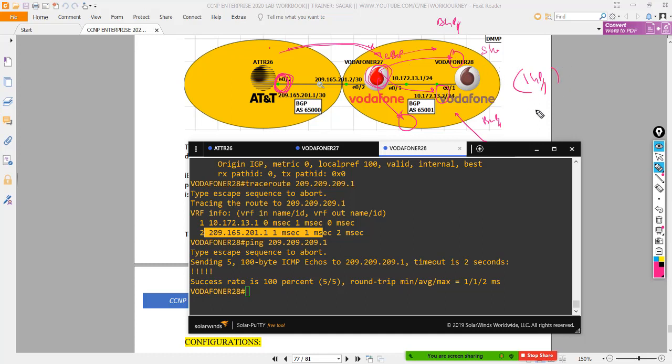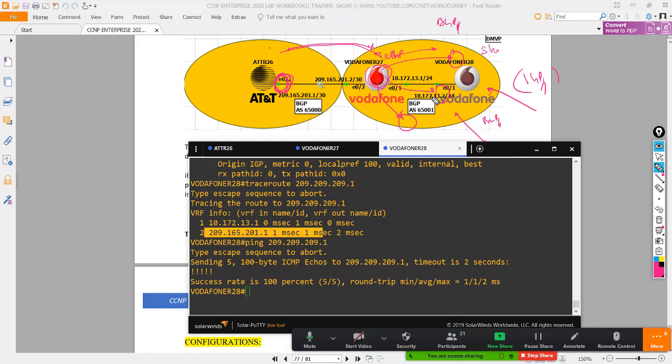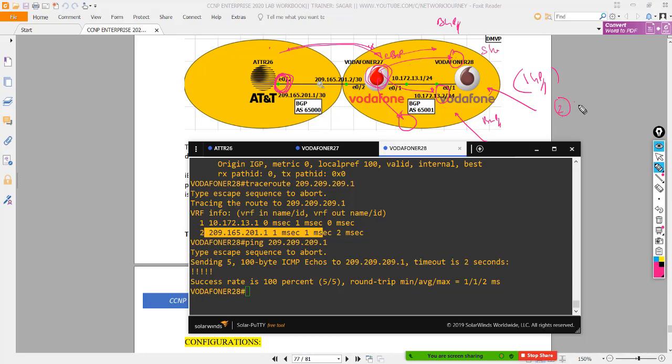You're going to increase a lot of overhead on the routers unnecessarily, just for the sake of advertisement. You're hitting your memory resources. So the best alternative, or the second alternative, is to change that default behavior of BGP by activating next hop